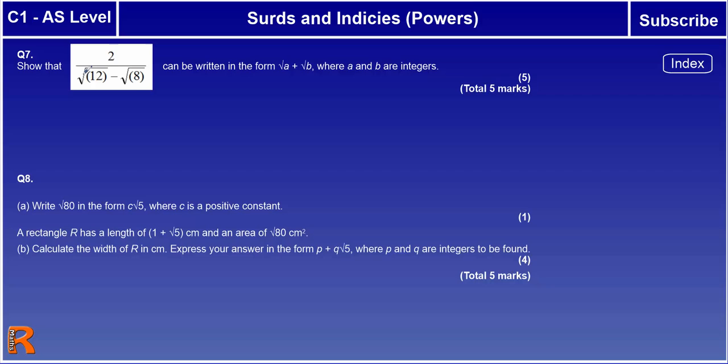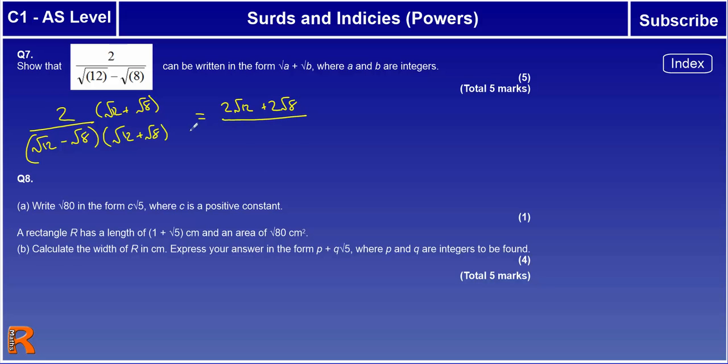So this one, simplify it. We need to multiply root 12 minus root 8 by root 12 plus root 8, top and bottom, and that will get rid of the surds on the bottom. So on the top we end up with just 2 lots of root 12 plus 2 lots of root 8. On the bottom, which I'm not sure was wise, we could have just left the 2 on the outside, but anyway,